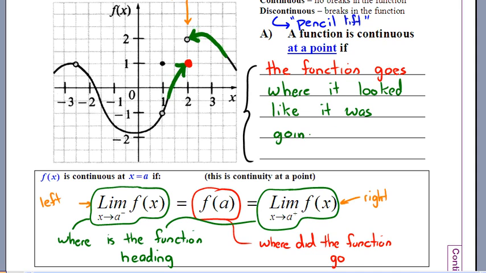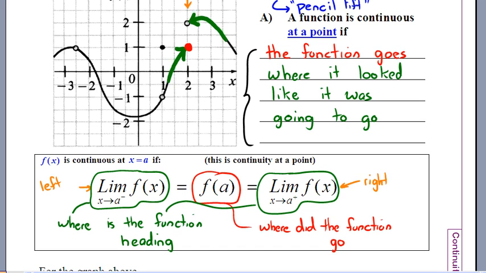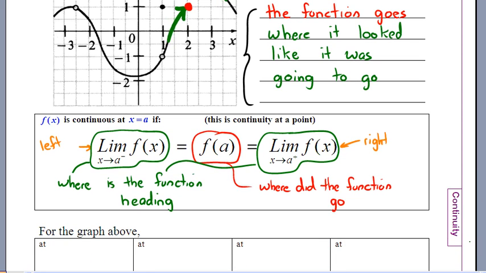So there has to be total agreement on where it looked like it was going to go. Those two limits would have to be the same. They're not here. And it would actually have to be there. And if all three of those things are true, approaching from the left, approaching from the right, and then where you actually are, if they're all the same, then you can say, oh yeah, at that spot, this function is